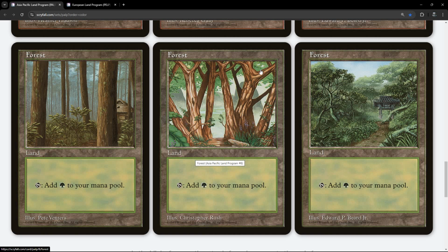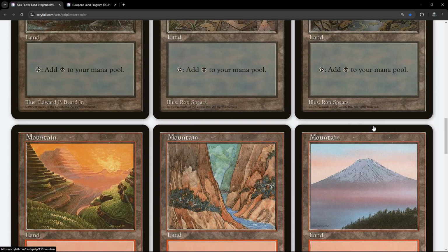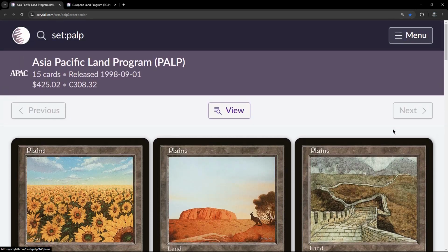This is really interesting. And then we have this one. Wow. Those are awesome. Right, before we go on to the next ones, let's